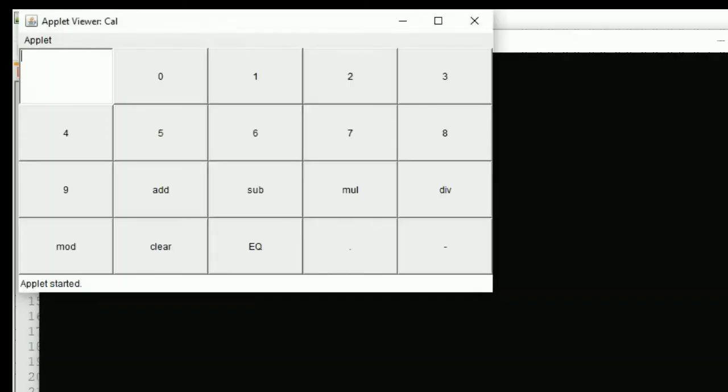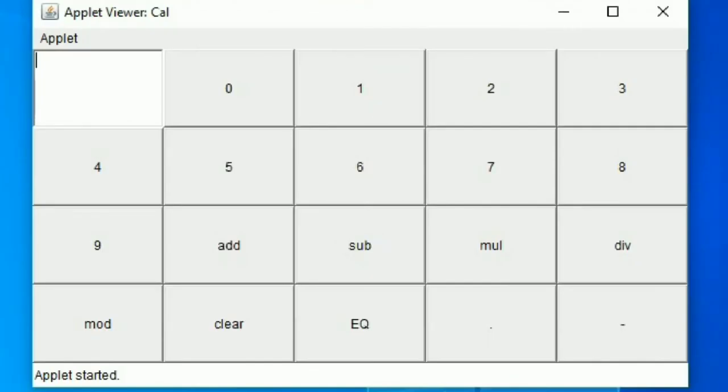So I launched my applet. So friends, this is the calculator program. So I'll perform certain operations for you and show it to you. Say I want to perform minus 16.7 plus 5. So what is the answer? Clearly see that it works like a normal calculator, simple calculator with simple features. Additional features are not there, but you can add them. If I press on clear, so the text field is cleared, and then I can also perform other operations.